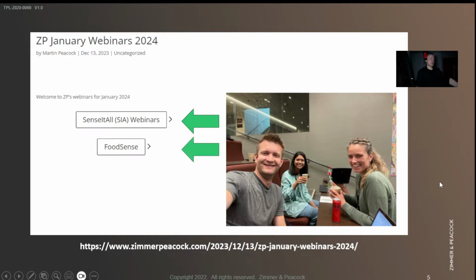Food Sense is a reflection on this. A lot of what we're trying to do at ZP is take electrochemical sensors and put them in the real world. And so we're doing that for testing the quality in food ingredients. It sounds quite funny, but we're measuring the hotness of chilies, the pungency of ginger, and also something called TAS, total antioxidative status, which is a predictor of shelf life.